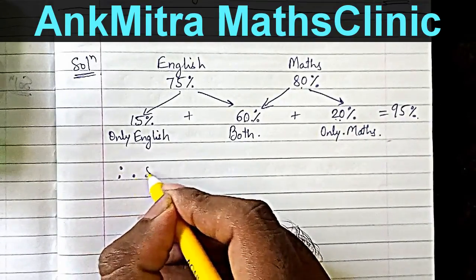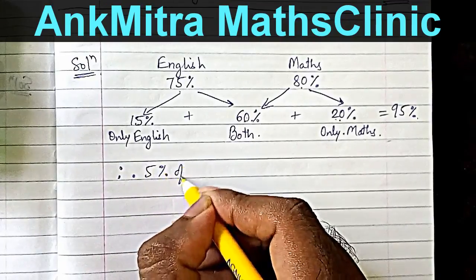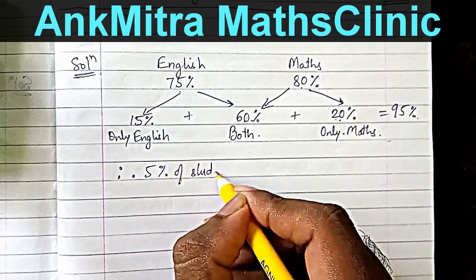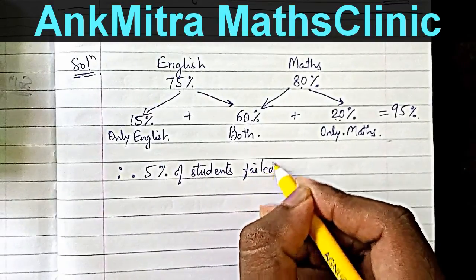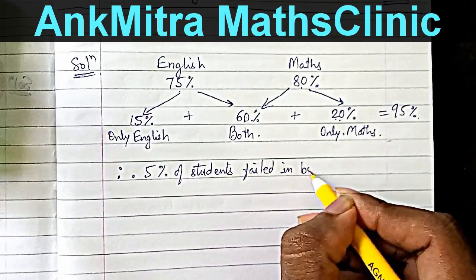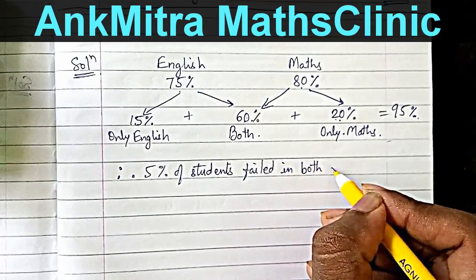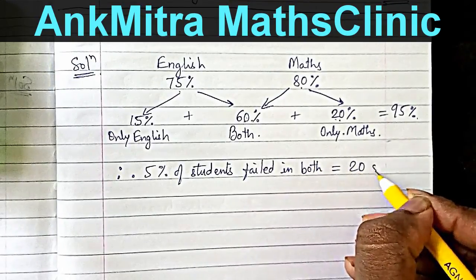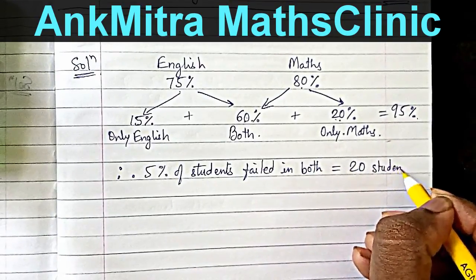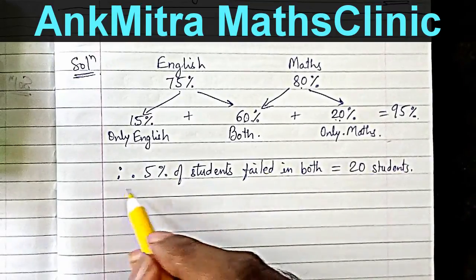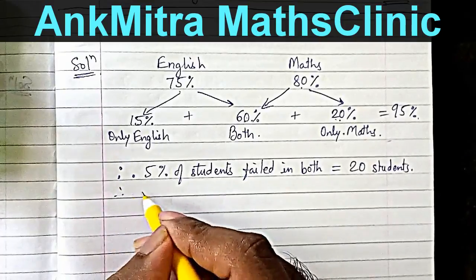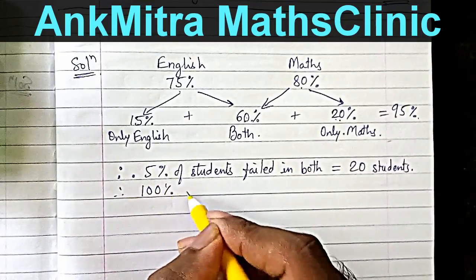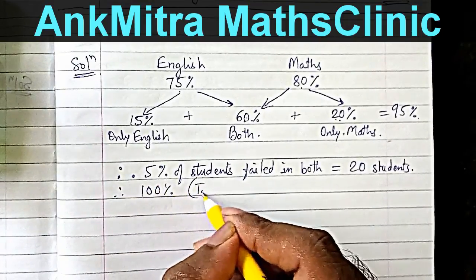Therefore, 5% of students failed in both subjects. Okay, so that is equal to 20 students. So if 5% of the total number of students is 20, therefore 100% of the students, that is total number of students,